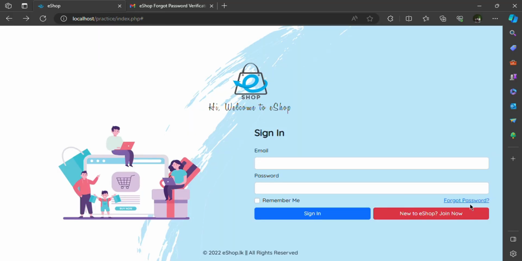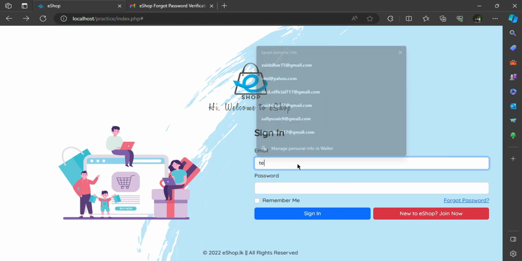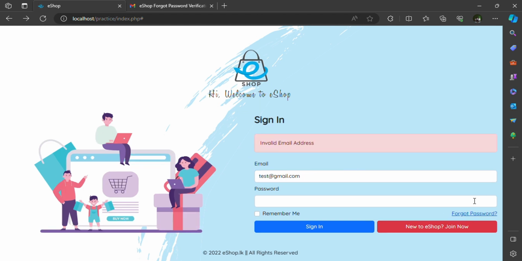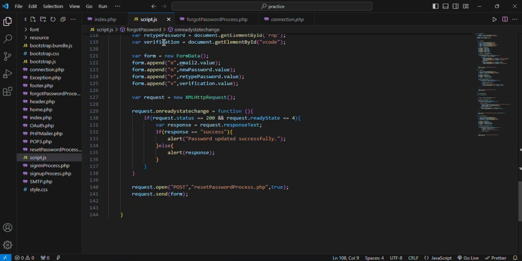And now if we give a fake email address which isn't there in our database, such as I'll give this, and if I click the forgot password option, we get a message saying that this email is an invalid email address. So likewise,